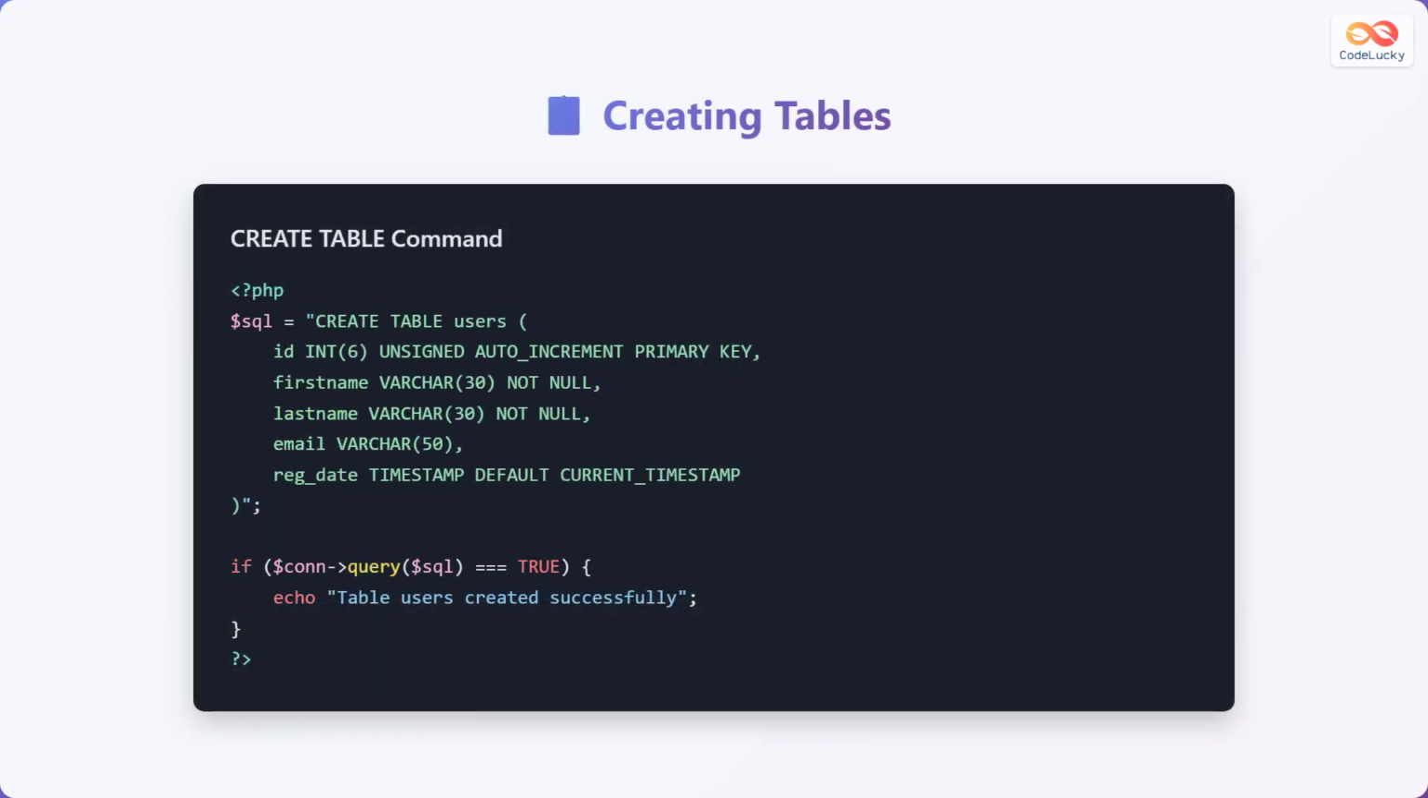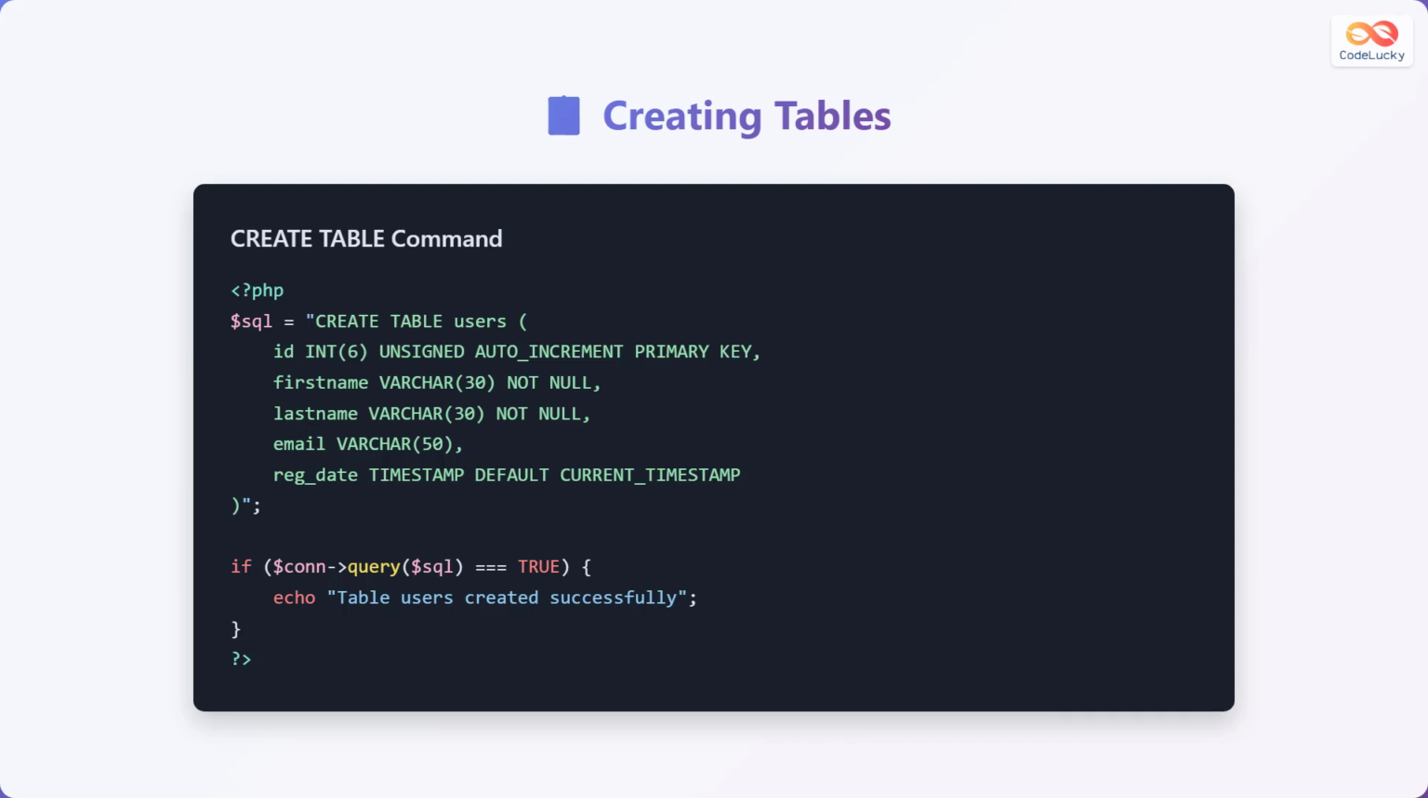After selecting the database, you can create tables within it. This slide shows how to create a table named users. The SQL statement begins with CREATE TABLE users. Inside the parentheses, we define the columns of the table and their data types. For example, the first column is id, which is an integer and is set as the primary key and auto increments. Then we have first name and last name, both of which are VARCHAR with a length of 30 characters